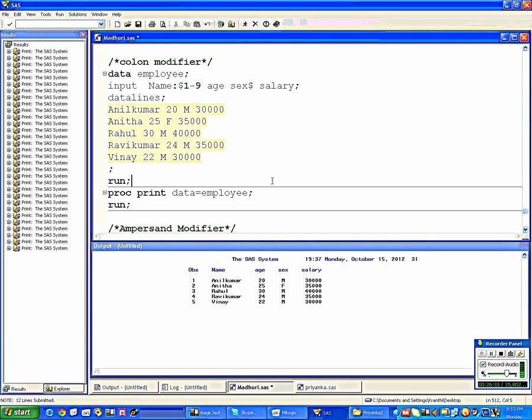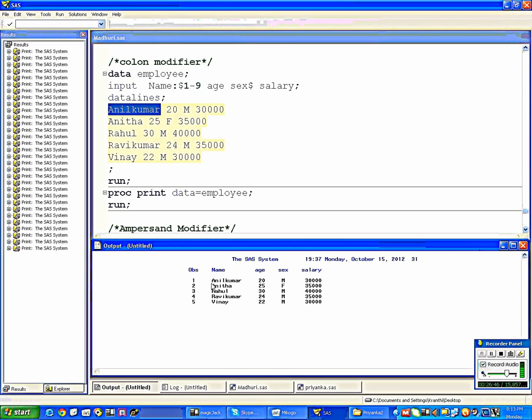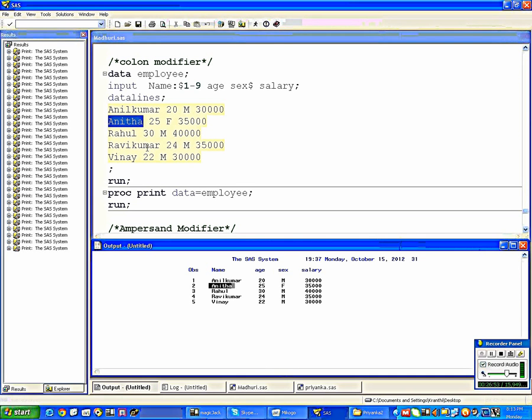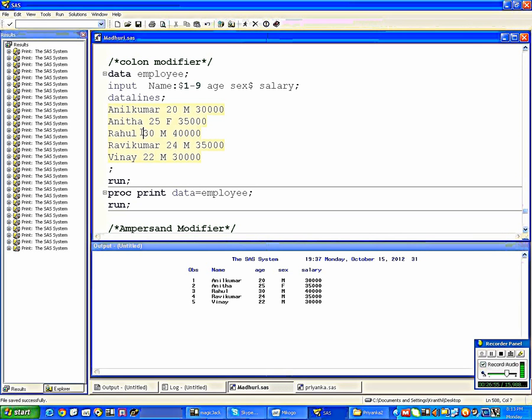What does the colon do? Colon means when there is a single space in between the given length, then it stops there only. So 1 to 9 columns, there is no space, so it's given the complete Anil Kumar. Then after Anita, there is a space, then it will stop here only. Then after Rahul, there is a space. After Ravi Kumar, there is a space.